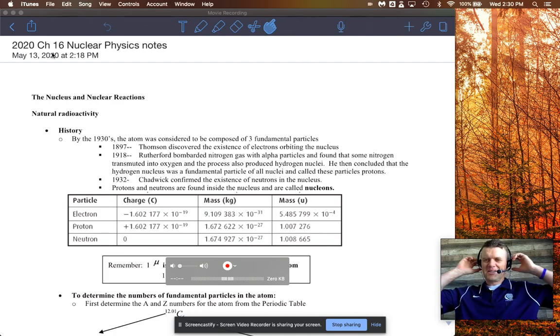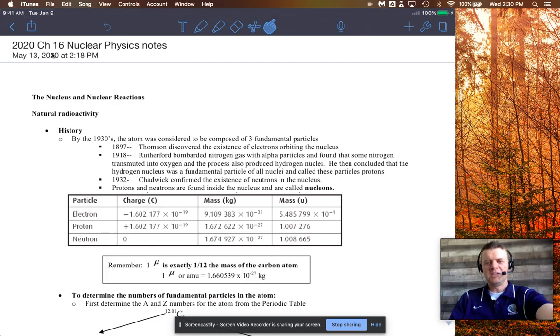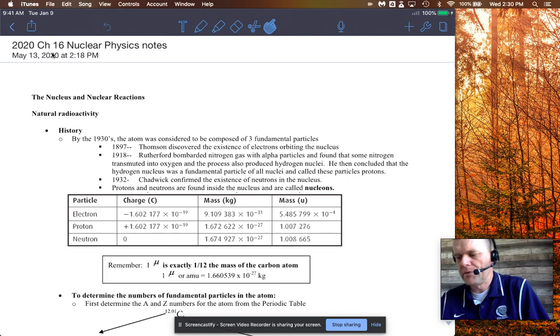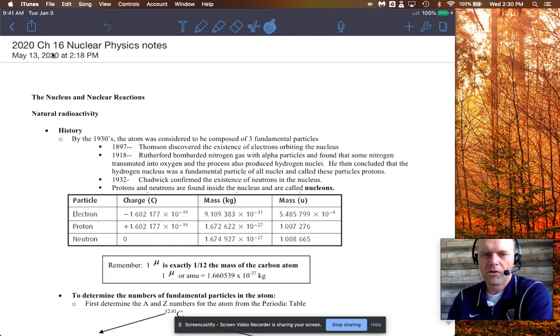All right, Physics 30s. We're going to tackle Chapter 16, at least the first part of it, on nuclear physics. And hopefully this will help you a little bit. There's some technical stuff here, but I'm confident you can wrap your head around it. So